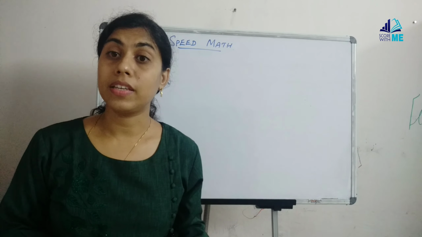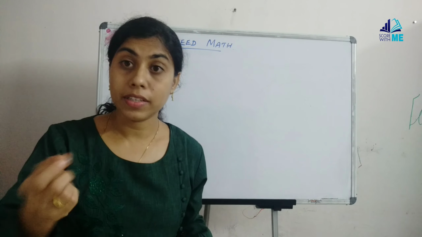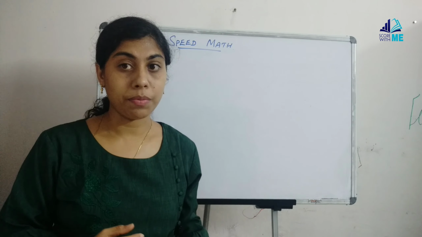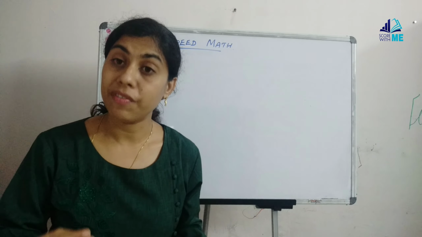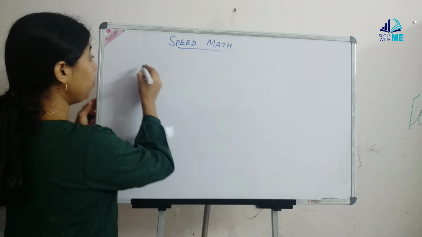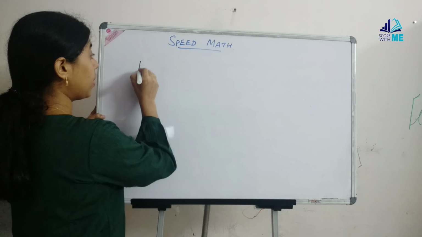Now, having seen the squares of numbers ending in 5 that were only two-digit, we come to three-digit numbers. The same pattern is applicable even to three-digit numbers which end in 5. So for example, we need to find the square of 125. Here again the same pattern is being followed. That means in the units place we have 5.